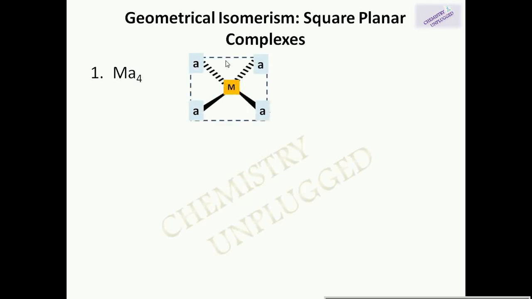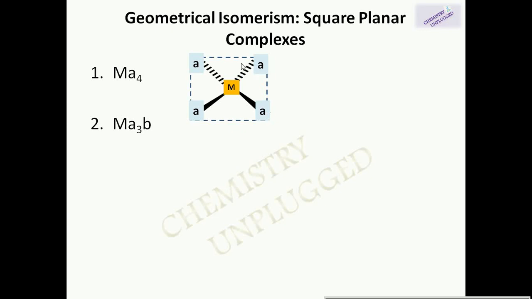So first is geometrical isomerism in square planar complexes. Ma4 type. M is the central metal atom and A is the ligand. When all the ligands are of the same type, all these positions are the same in nature, so no geometrical isomerism is possible in this case. All the ligands are the same in nature, so there is no geometrical isomerism. Next is